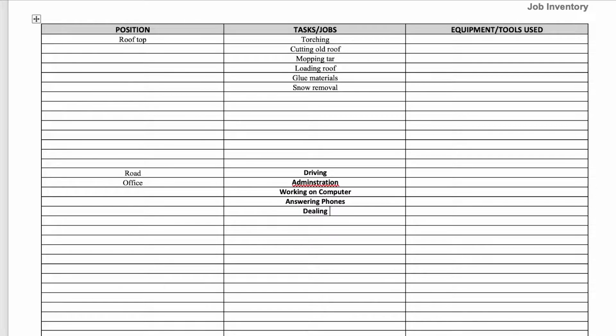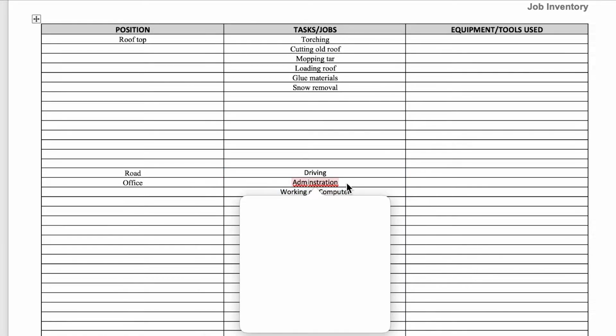dealing with customers in person, working with others, etc. So again, each one of these is breaking it down and being extremely specific in the tasks that you